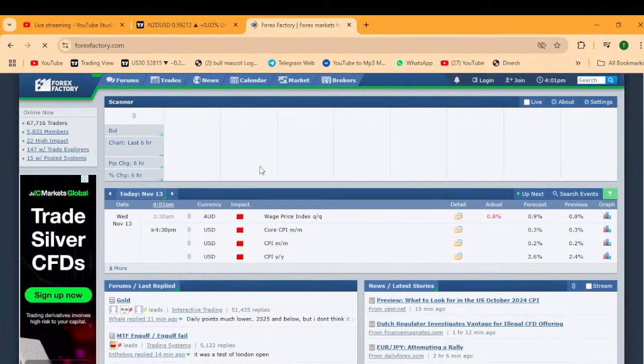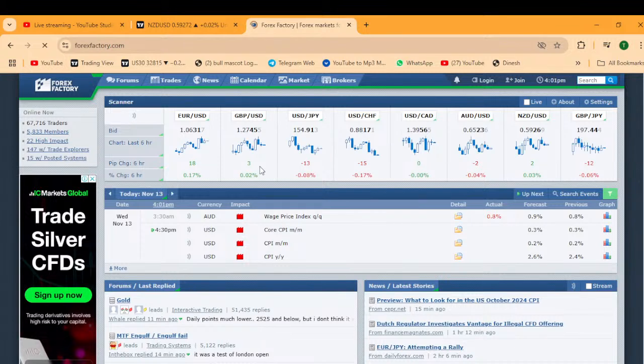So today this is our Forex Factory and this is our economic calendar. This is a different day compared to other CPIs we have been getting. This is really a special CPI. We are only having the USD fundamentals today, and making things more interesting, we are having only the CPI